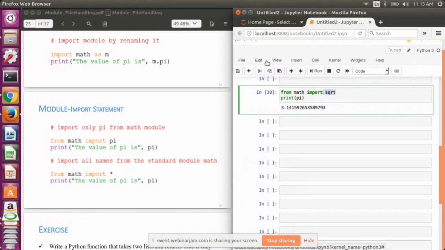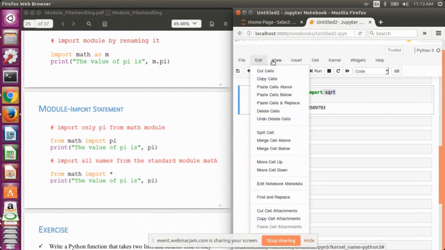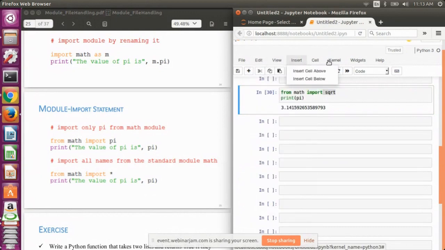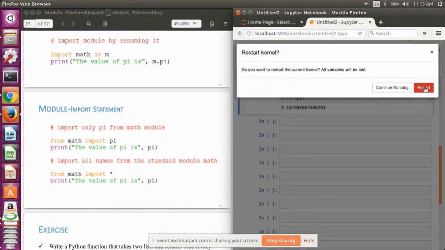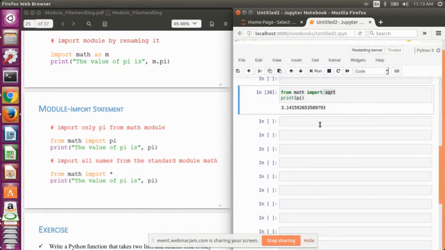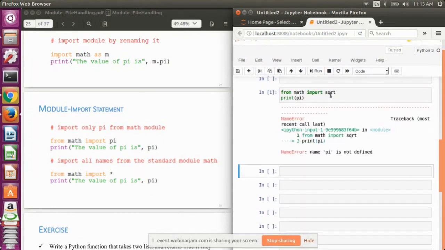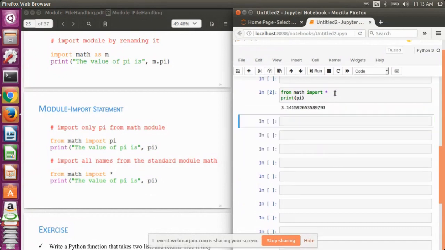So if I just restart my kernel and run this statement, it will give me an error because that functionality has not been imported into my working environment. I have imported just the square root function. So this is the benefit of using the from import syntax.